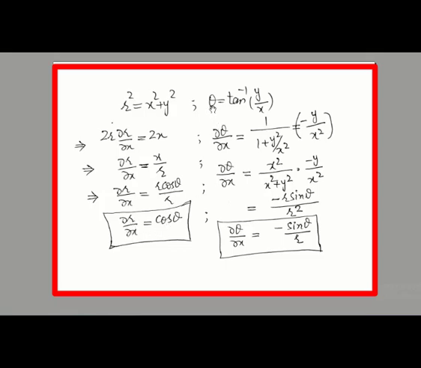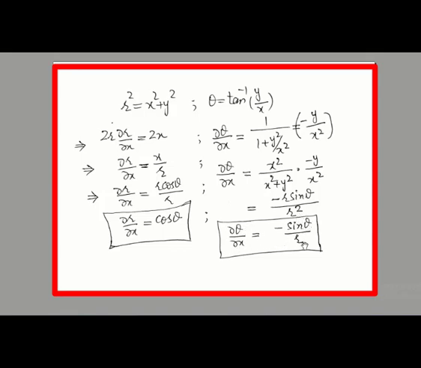Now differentiate theta with respect to x, we will get 1 over 1 plus y square over x square into minus y over x, that is the derivative of the inverse tan function. After simplification, you can write it as x square over x square plus y square into minus y over x square, that is equal to minus y over x square plus y square, and you know that y is r sin theta and x square plus y square will be r square. Therefore, it is minus r sin theta divided by r square, and after simplification,